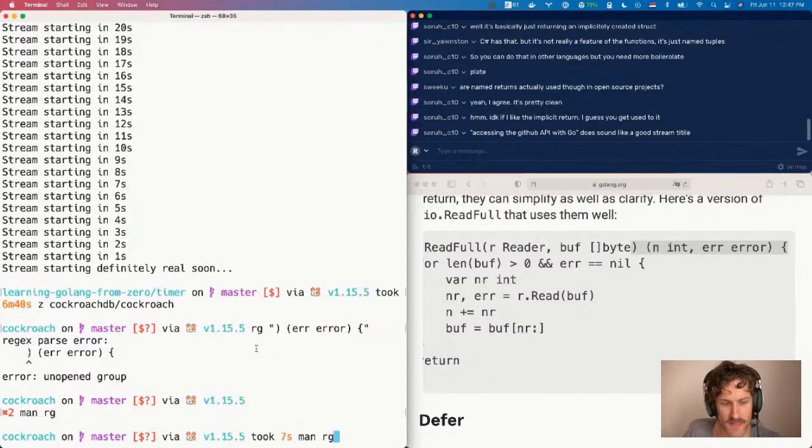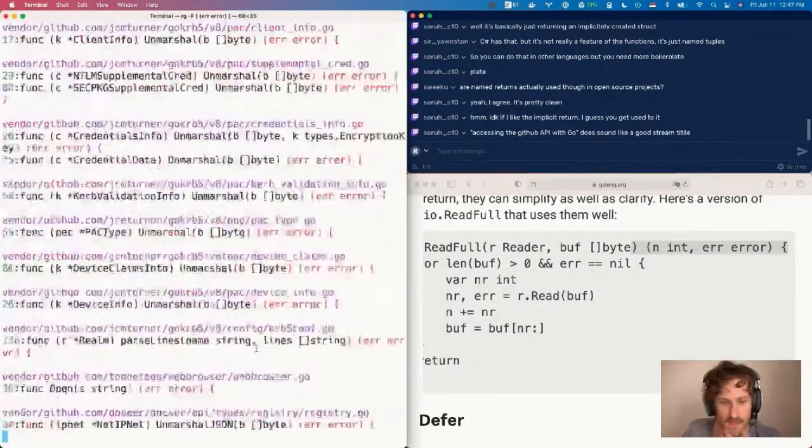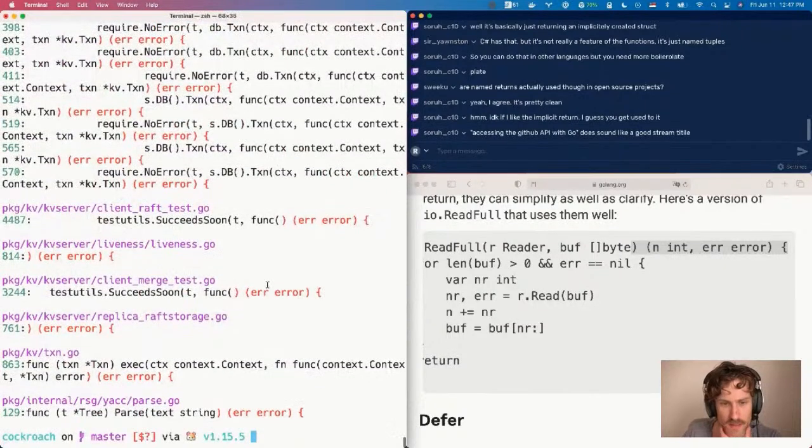-f is the argument that I want here, I think. It thinks I'm trying to write a regex. So, Swiku, I don't know if you're still tuned in,